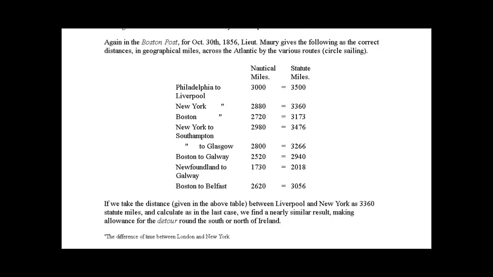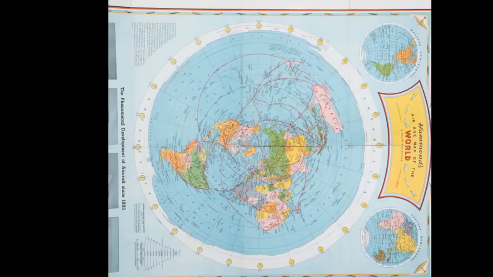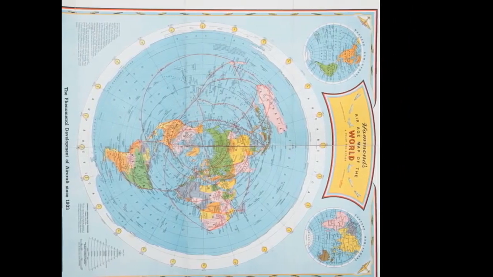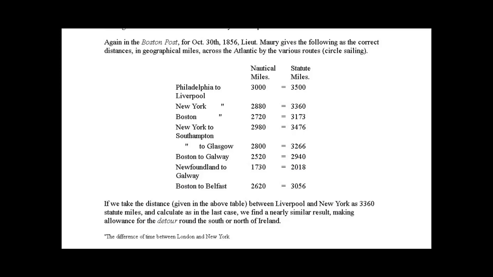New York to Liverpool, 2,880 miles nautical, 3,360 statute miles. Boston to Liverpool, 2,720 nautical miles, 1,173 statute miles. New York to Southampton,